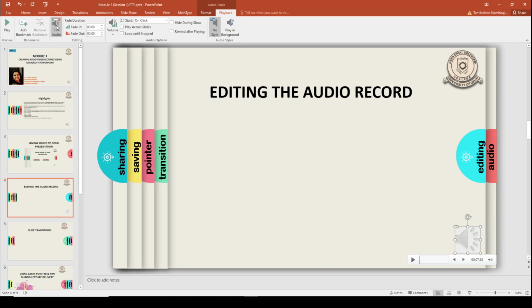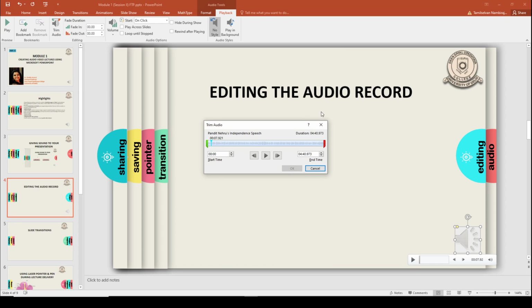Now, the trim audio option is the most important option. When you click on this option, a window comes up. Here you see two bars. The first bar is in green color, which indicates the start point of the audio. The other bar is red in color, so this is the end of the audio record. So if you want to trim the